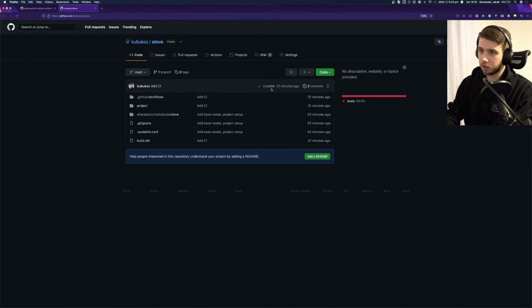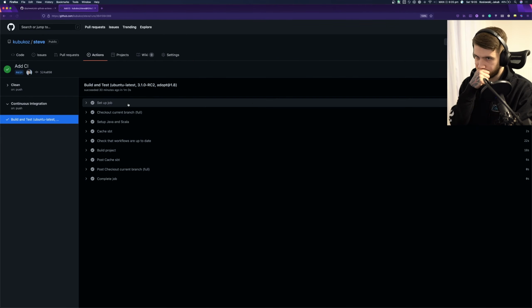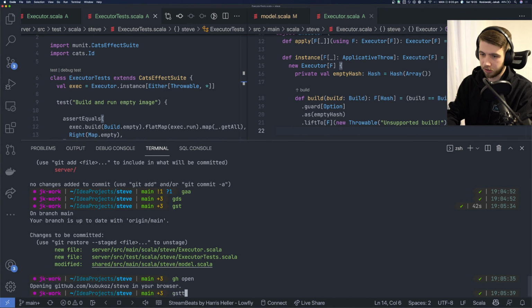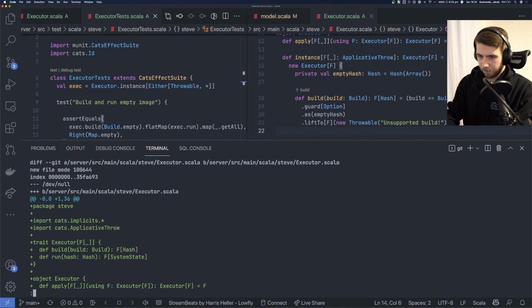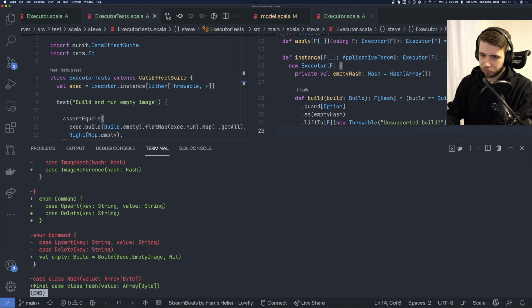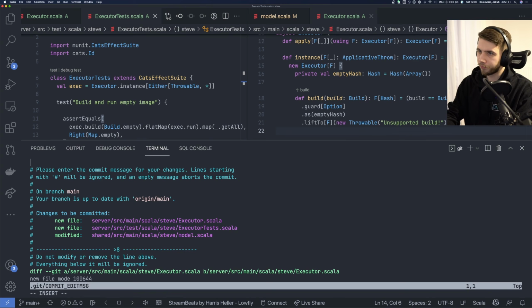Yeah, it's green. Apparently it works. I wonder how long it took. 1 minute. That's quite fast, even for Scala 3. I'm just gonna commit that because I trust everything will work. Well, we did run the test, so